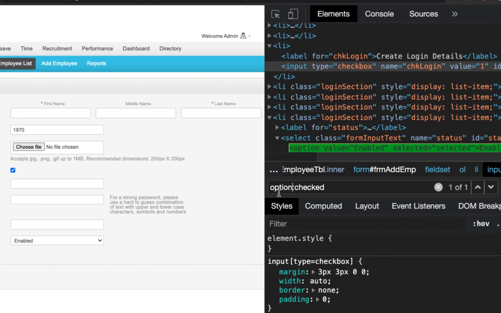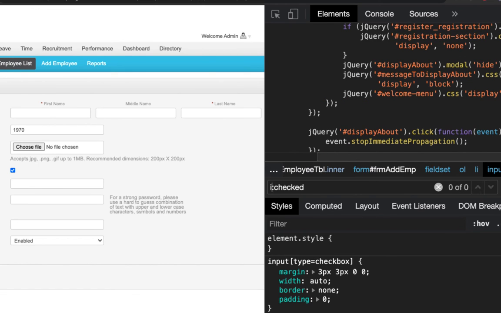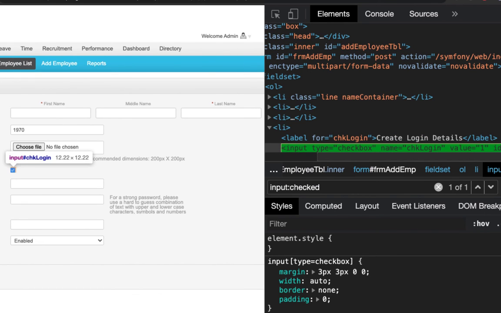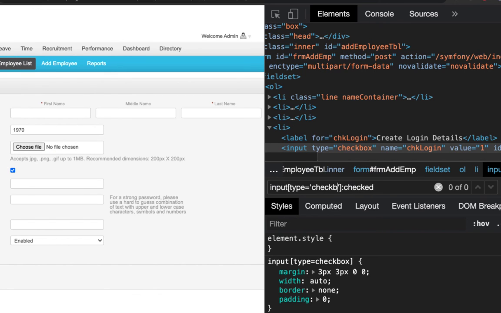So the selected element will be located with that. If you are interested in the checkbox, you can give the input. And to make it more specific, since we are dealing with the checkbox, you can specify the type equal checkbox. This way you can locate the